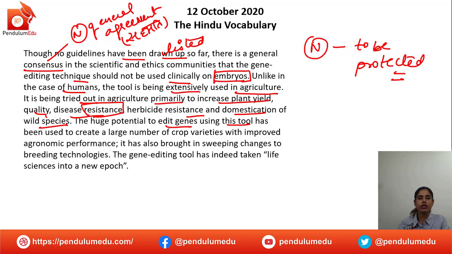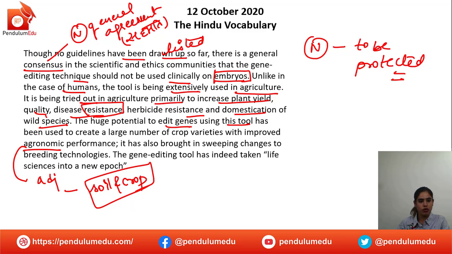has been used to create a large number of crop varieties with improved agronomic performance. Agronomic is an adjective which is related to soil and crop. आपस में जो relation होता है उसको हम agronomic कहते हैं। It has also brought in sweeping changes to breeding technologies. तो if you see here, तो crops में क्या किया है उन्होंने भाई, see this tool that is used